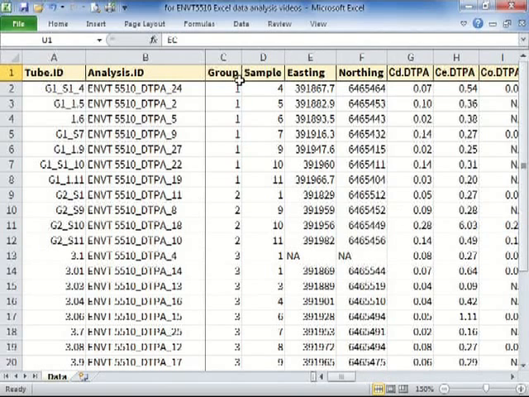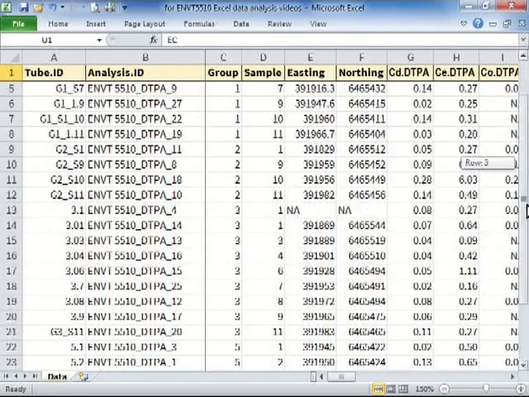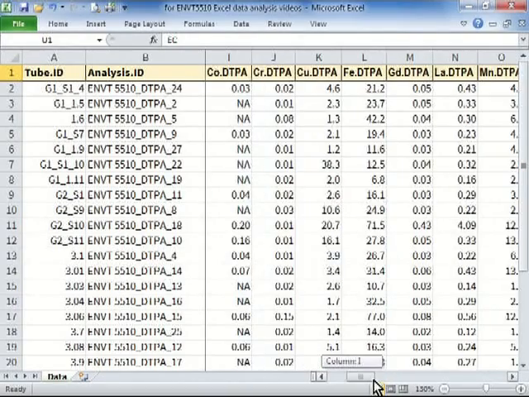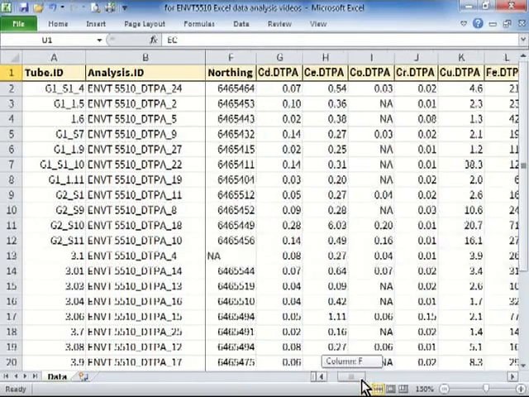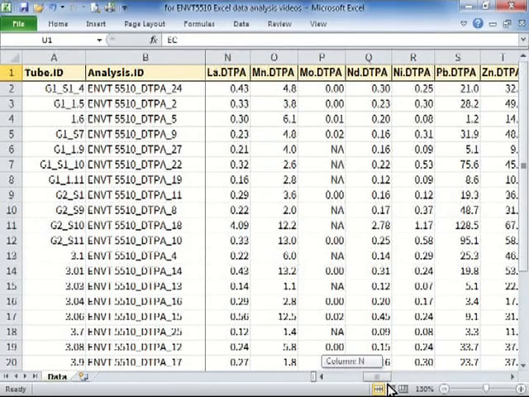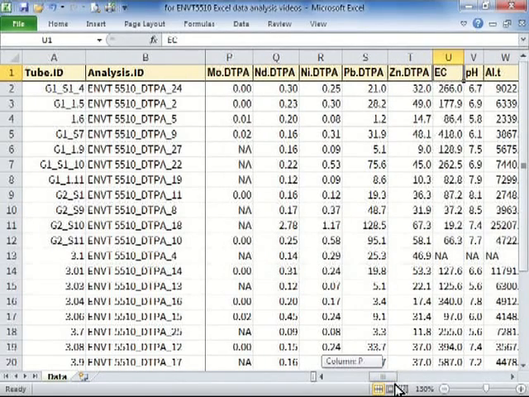We've got some identifying information for each sample. In this case, there are relatively few samples, 27 different observations, geographic data. NA means missing data. Something happened there, we lost the data somewhere. Then DTPA concentrations, which you measured in a lab, and we'll get your data soon, for a bunch of elements, including some which we don't usually measure DTPA concentrations for, such as neodymium, which is one of the rare earth elements,